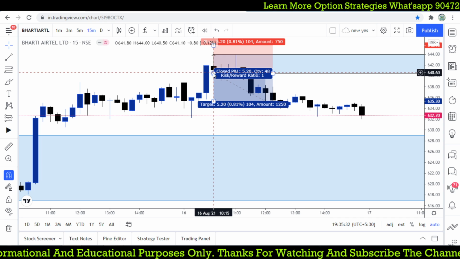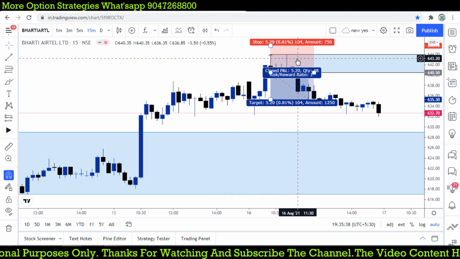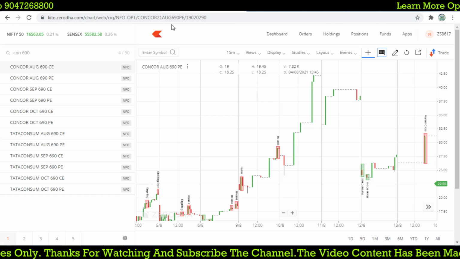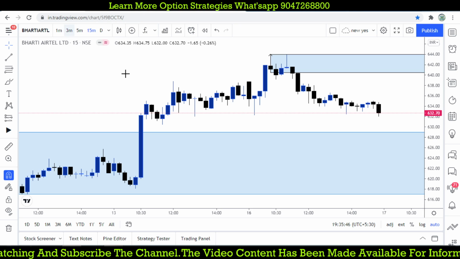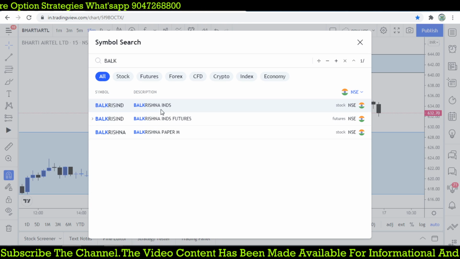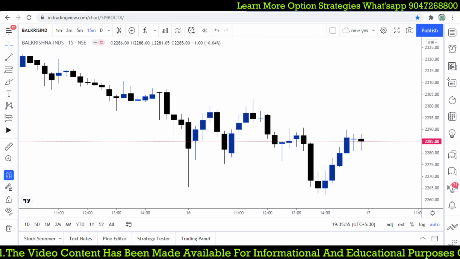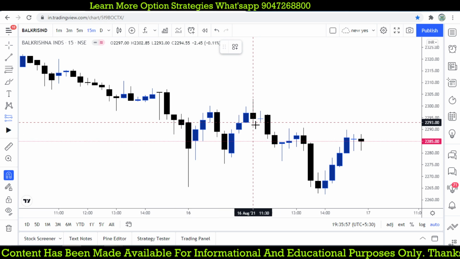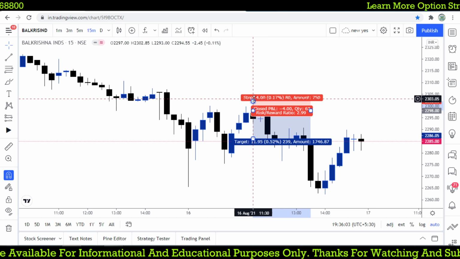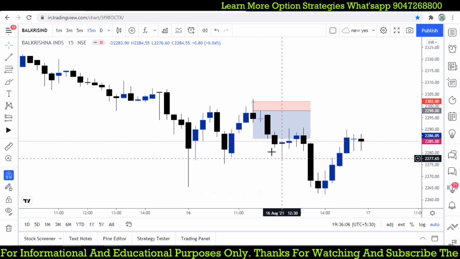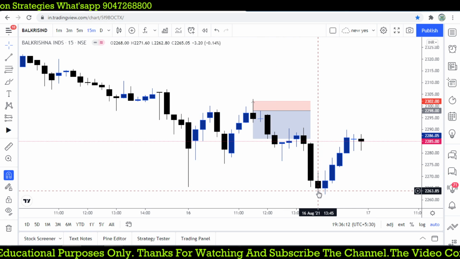The risk for the trade is somewhere around 4 rupees and it moves towards a big 8 rupees. That gives you a nice profit. The same one we are going to use for intraday and any other stock which forms. This one, around 11:30, Balakrishna Industries. Let's go for Balakrishna Industries. 11:30, this may be the time, and that is also working great. Perfect. That is also giving you a great result in Balakrishna Industries, where you take a risk of around 8-9 rupees and it moves towards 30-40 rupees.